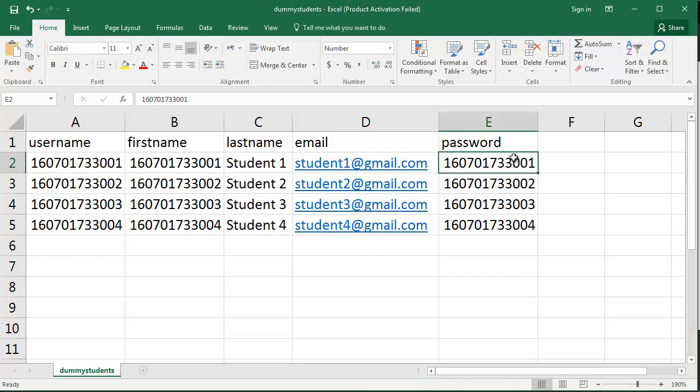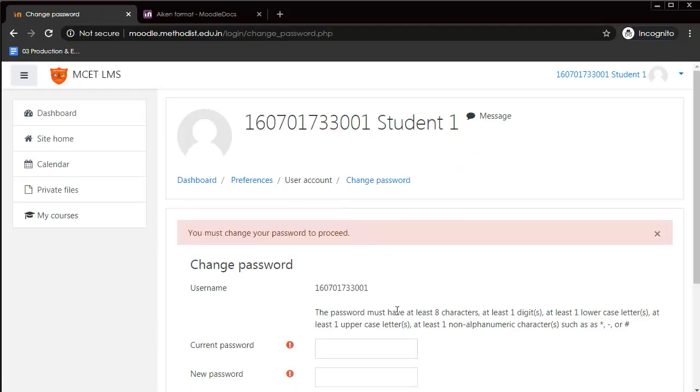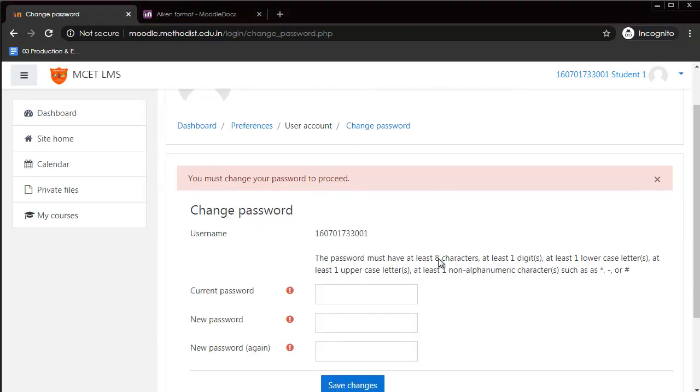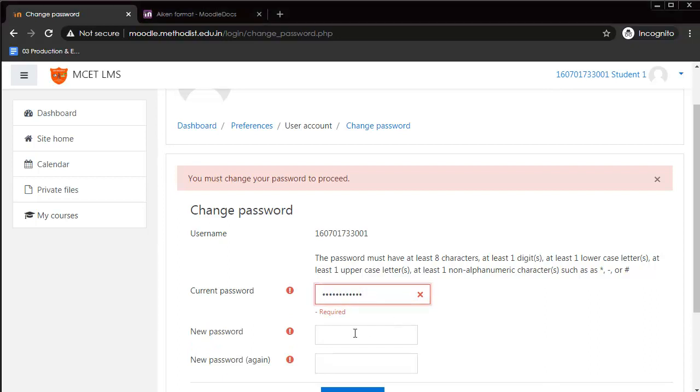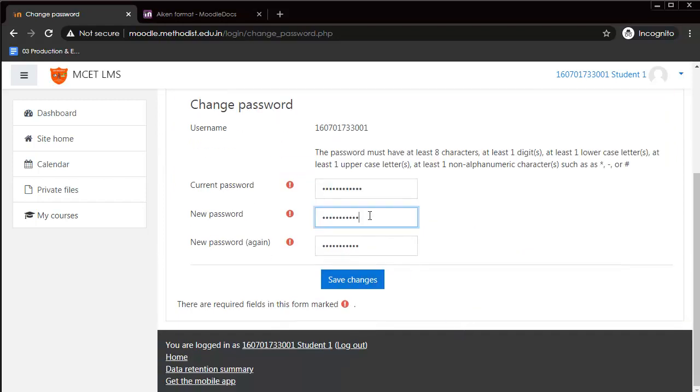So username and password of the first student, I'll have to feed it. Having fed the details, user ID and password, I have to click on Login. Now I'm logging in as a student. I am a student now. Even for a student, if the password is not very strong, he'll be presented with an option to change it. So the old password needs to go here, and the new password, which is stronger, needs to appear twice over here. The password is made to be entered twice so that the student doesn't have any confusion in remembering it.